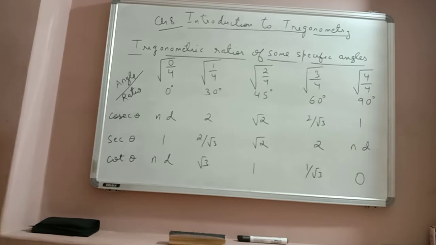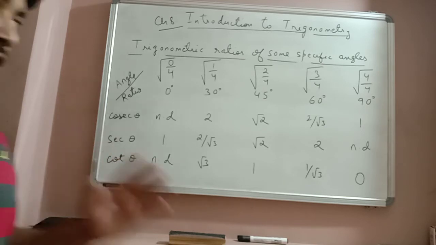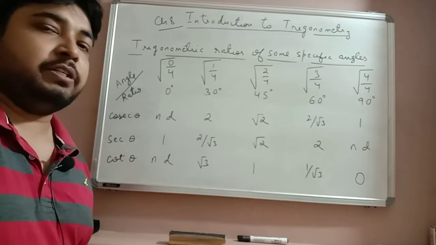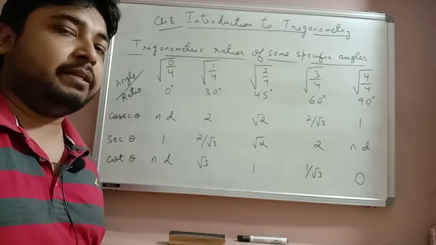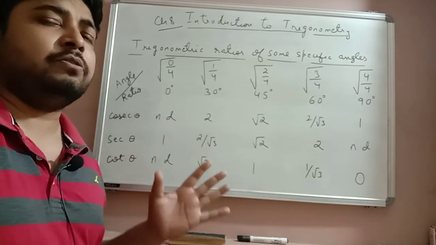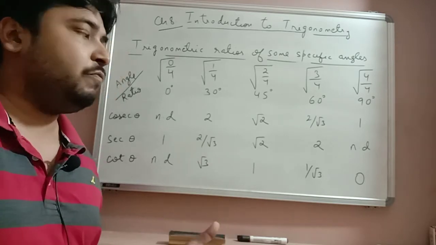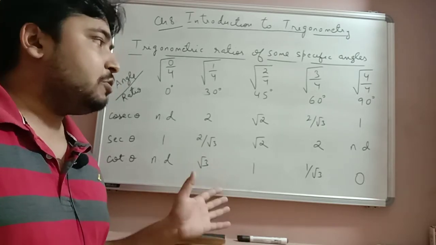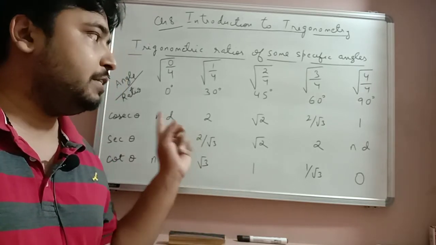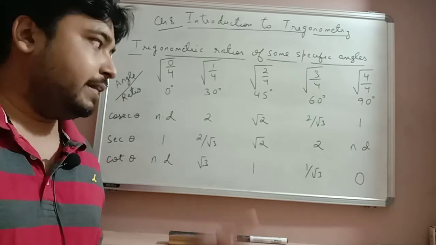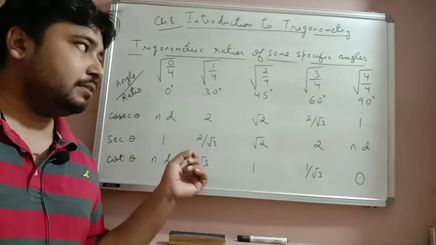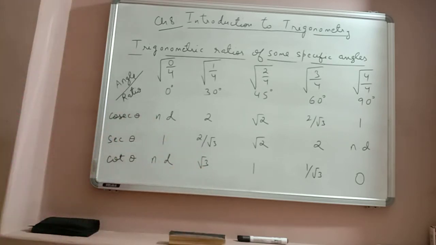So I hope this table is clear to everyone, how to draw this table. Now during the examination you can either first draw the table and then proceed wherever trigonometry is coming in the examination, or else by practicing we can simply remember these values. It is very simple to remember. Once you practice 50 to 100 questions based on these topics, you will be easily remembering the values of the trigonometric ratios of these angles. Alright, so let's take up some questions based on these trigonometric ratios.